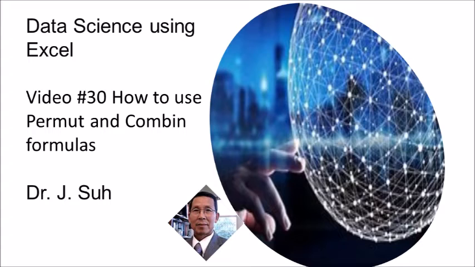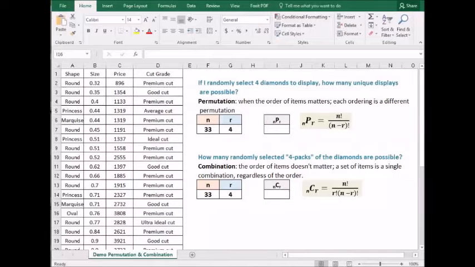In this video, I'll demonstrate how to use the permutation and combination formulas in Excel. In this dataset, we have the entire diamond inventory of a jeweler. If the jeweler wants to randomly select 4 diamonds to set up a display in the front window, the order